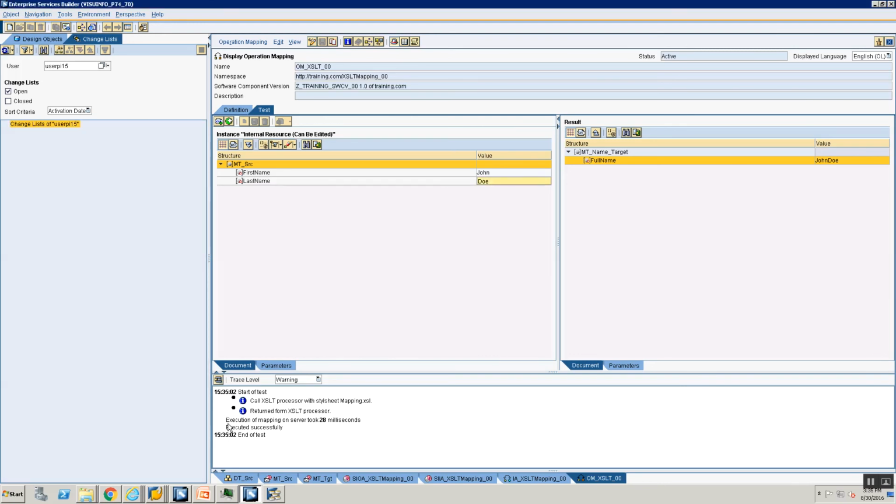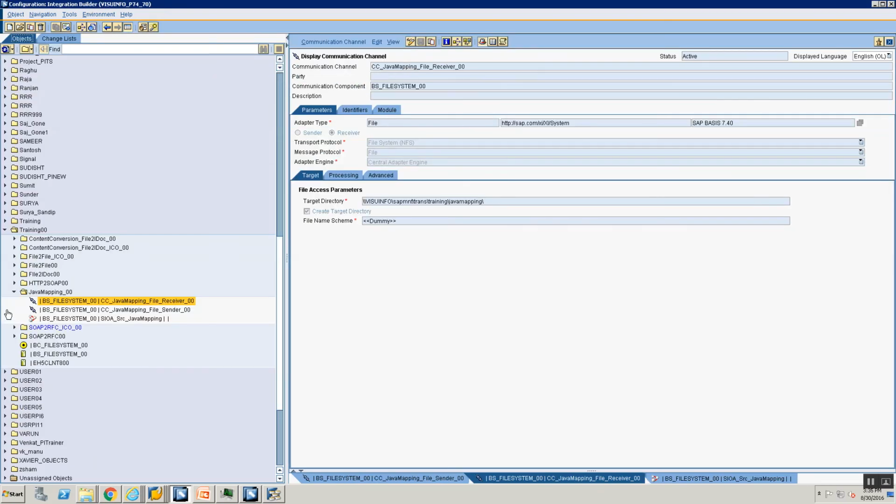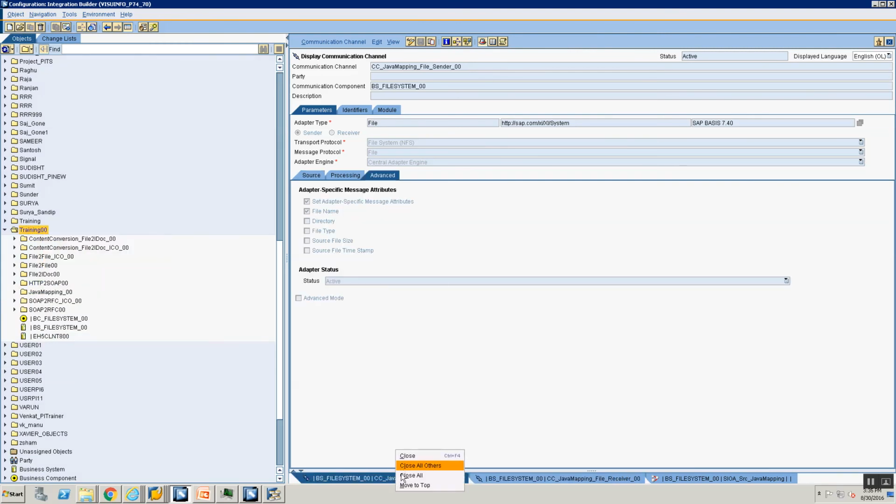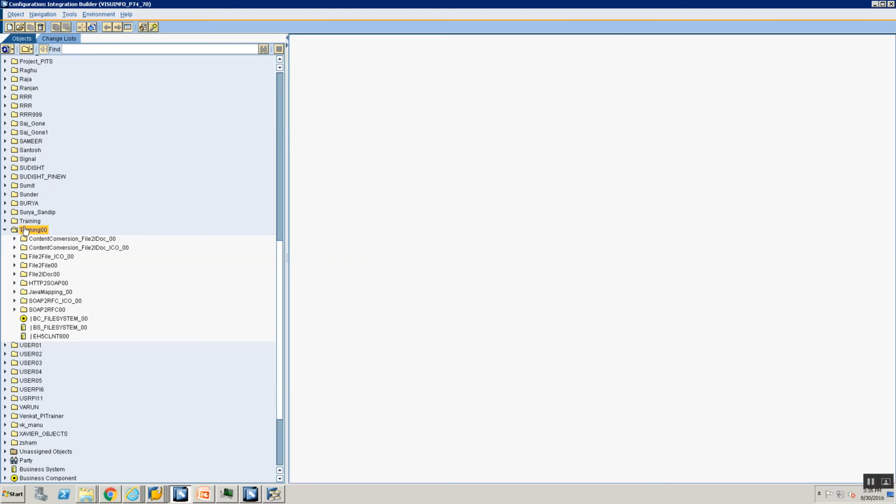Okay, perfect. Now let's go to the integration directory and configure our scenario. So I'm going to go ahead and create a folder. Let's close all first. I'm going to create the folder XSLT_00. And once I create that, let's go ahead and say new